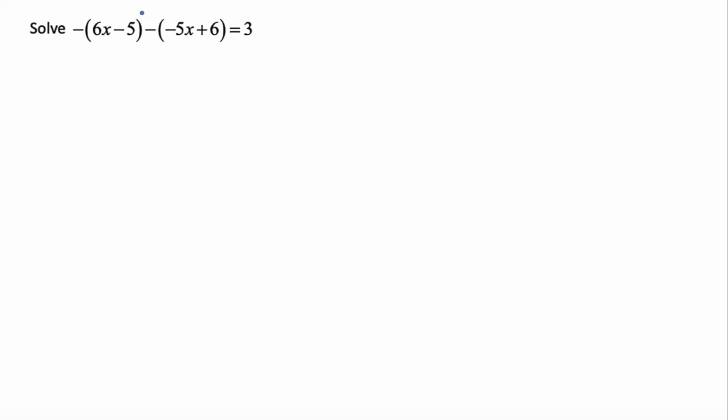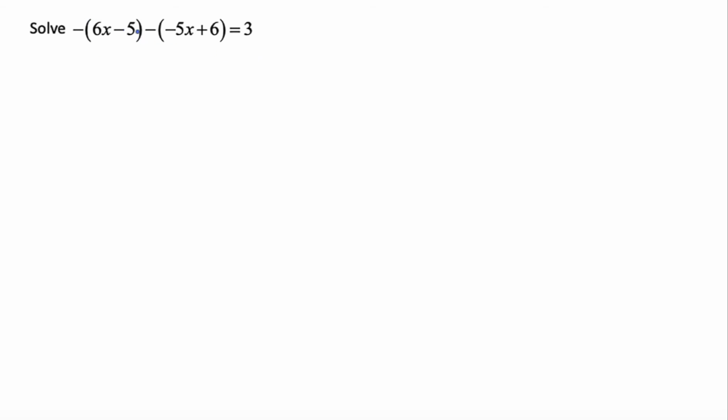All right, so we want to solve this linear equation. We have negative, in parentheses, 6x minus 5, minus the quantity in parentheses, negative 5x plus 6, equals 3. Okay, so whenever we solve linear equations, the first thing we always want to do is get rid